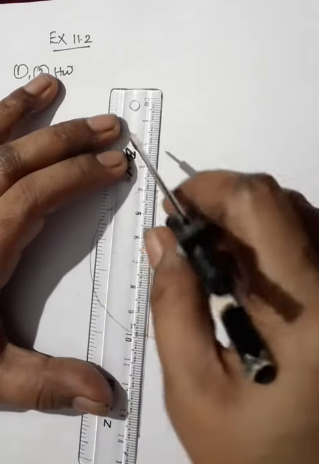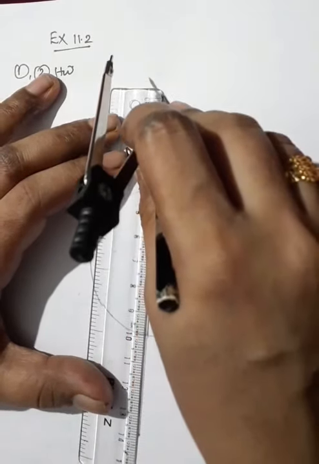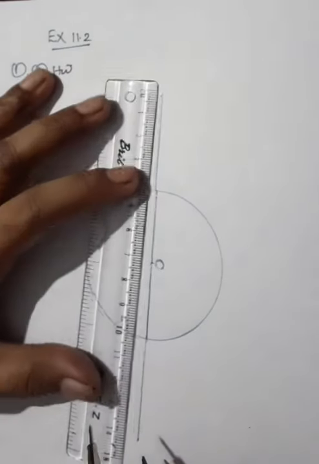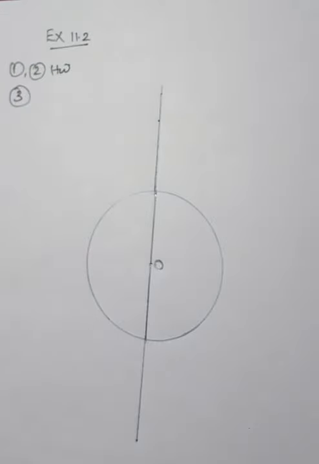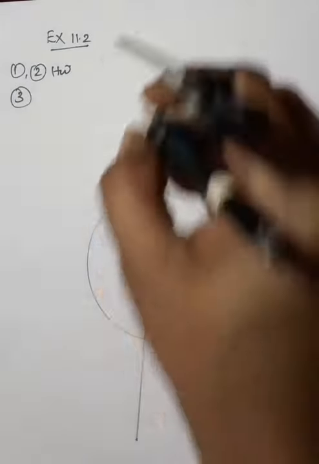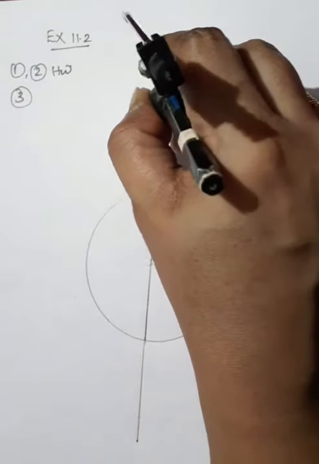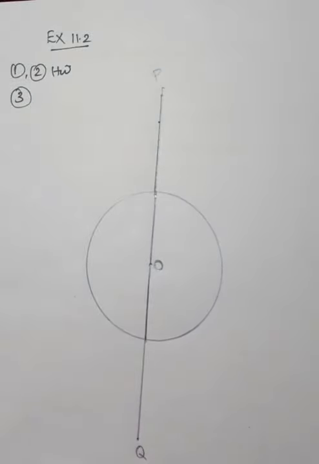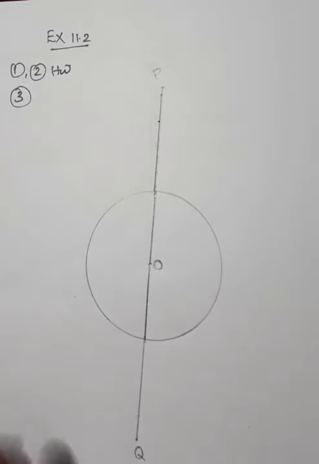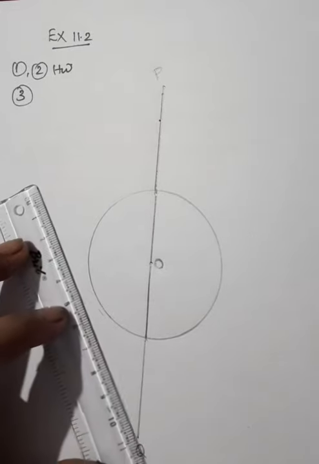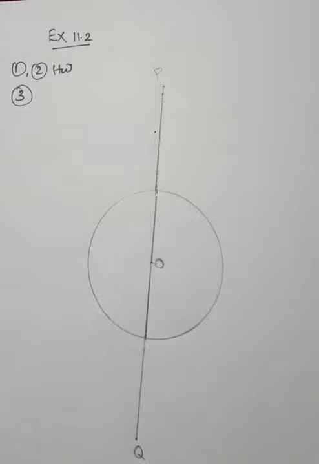So total, these two are the P and Q. This is P, this is Q. Then we have to draw tangents to a circle from these 2 points P and Q. From Q as well as P, we want to draw 2 tangents. So here you have to draw this way, this tangent, and this way. Here also 2 tangents will come. So for drawing these 2 tangents, first step what?